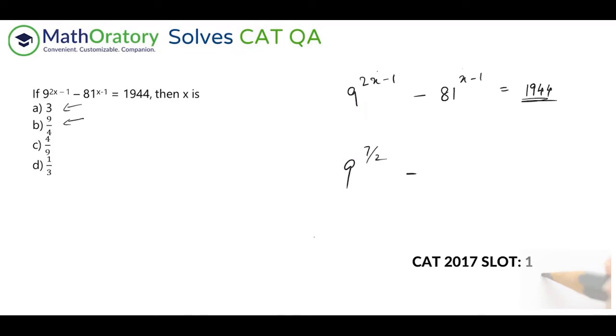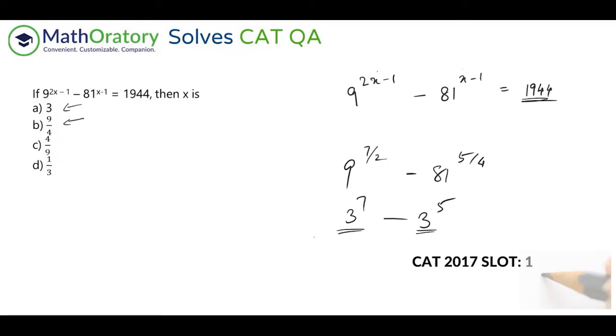Minus, you have 9 by 4 minus 1, which is 5 by 4, right? Now, if you use that powers here, so this is simply 3 to the power 7. And this is basically 3 to the power 5 if you evaluate this thing, use this thing here. So 81 is 3 to the power 4 and 9 is 3 square. Just use that and you get it.